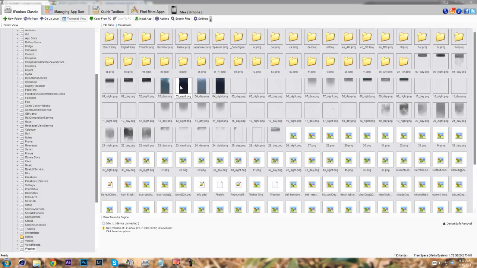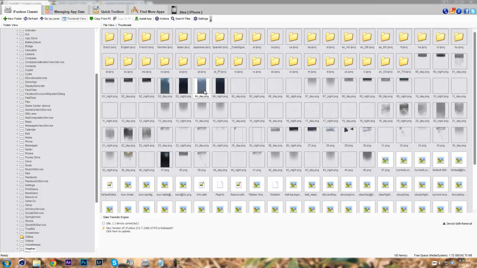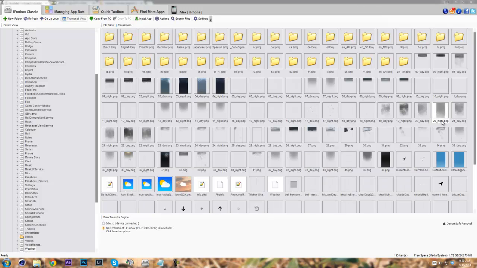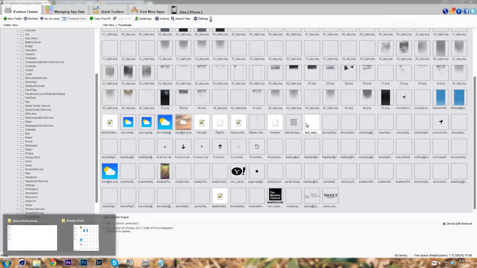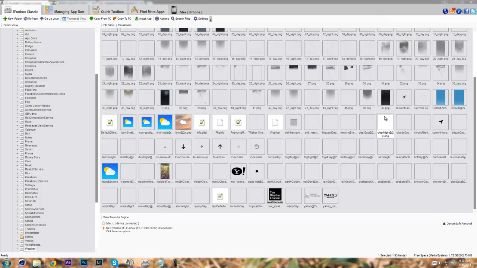You can see that there's some thunder things up here. I'm pretty sure these are non-animated versions for older devices that don't support it or something like that. But basically, what you want to do is look for the images down here that give you different weather situations. So if you see here, it says blizzard day, blowing snow day, and all these ones. So basically, what you want to do is select all the images that would fit the weather close to